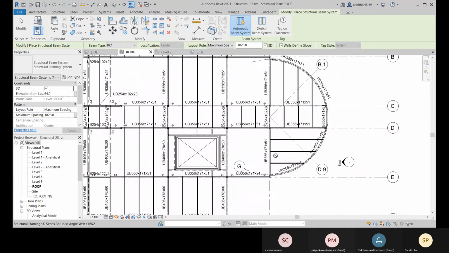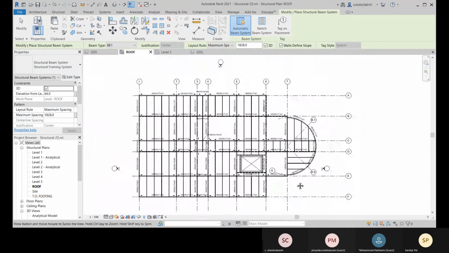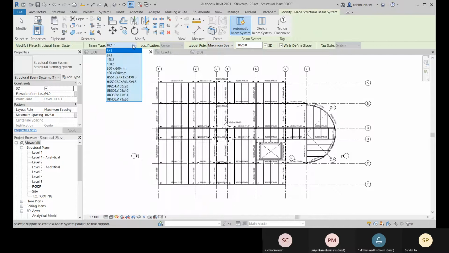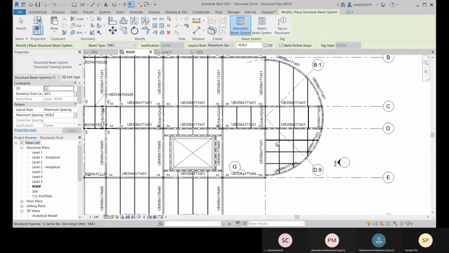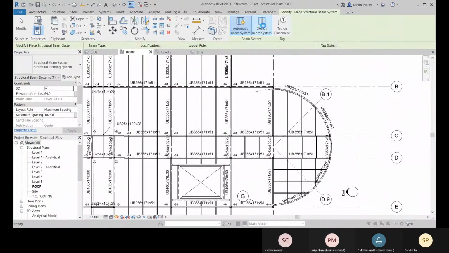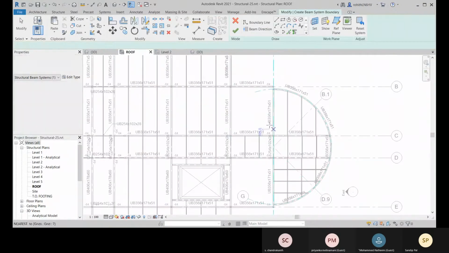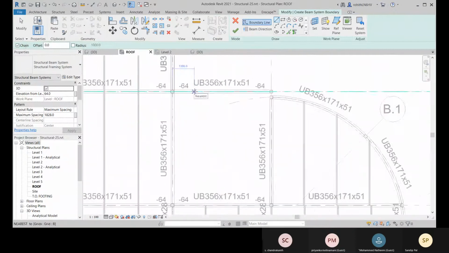And about this one, I need to change it. So let's place it here, and let's place it here. Okay, and I will delete it. Don't worry about it.